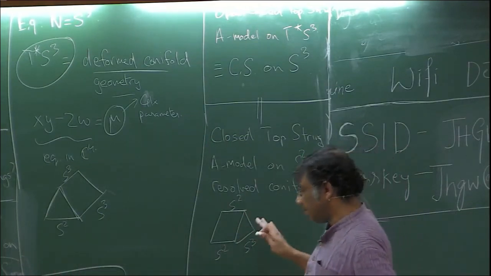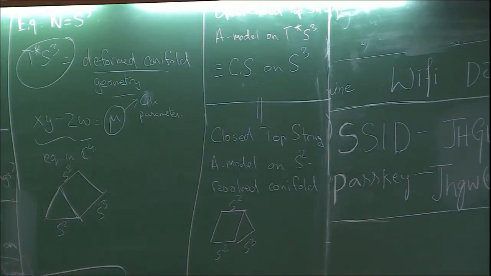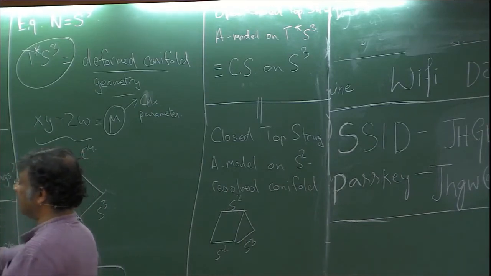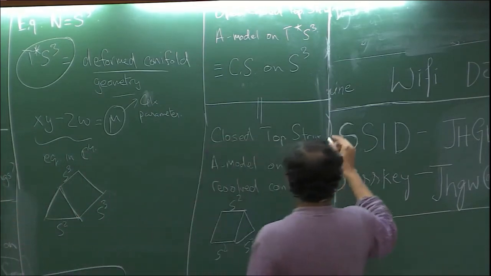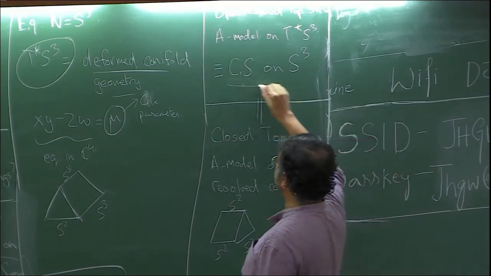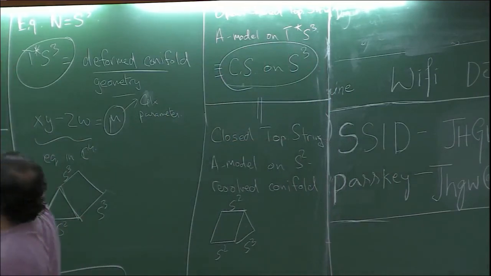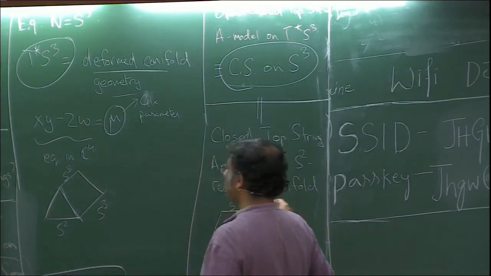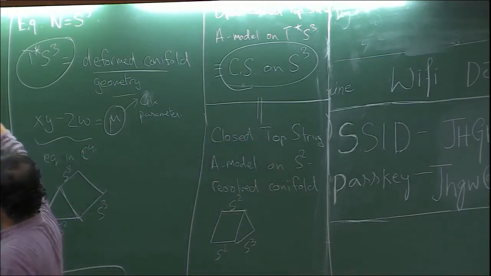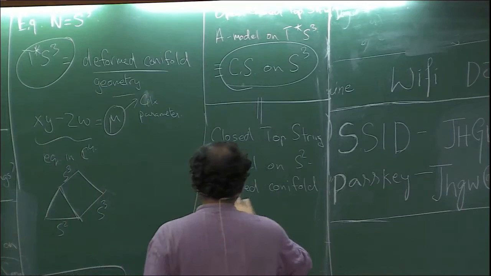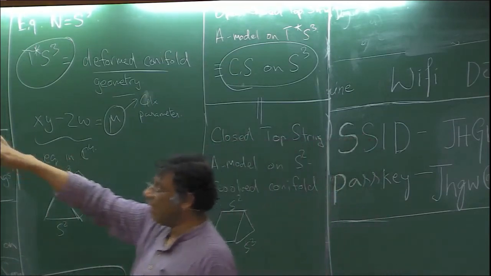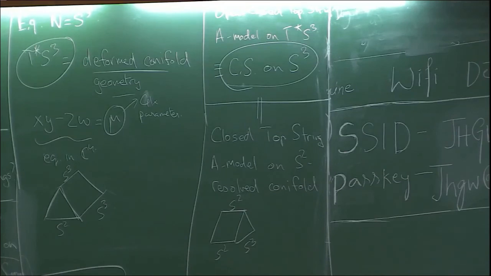So the non-trivial statement of this duality for this particular case is that if I compute the Chern-Simons theory on S3 through quantities like this, this is what the open string side is, that's equivalent to computing the enumerative invariants on this other conifold geometry, these closed invariants, which are just measuring these wrapped curves,